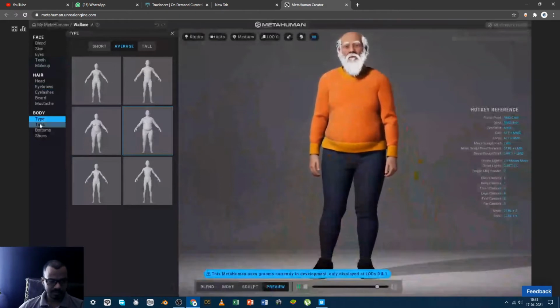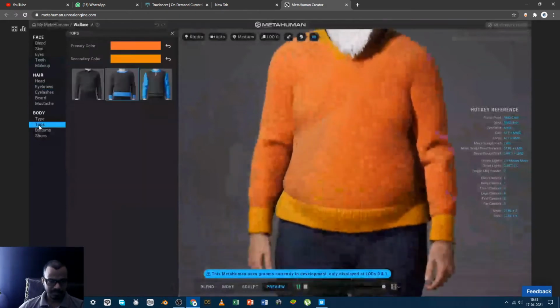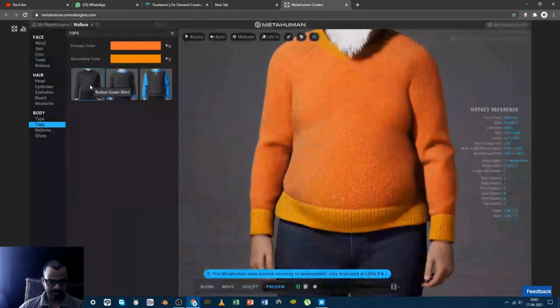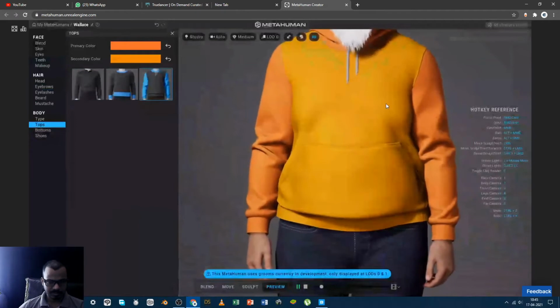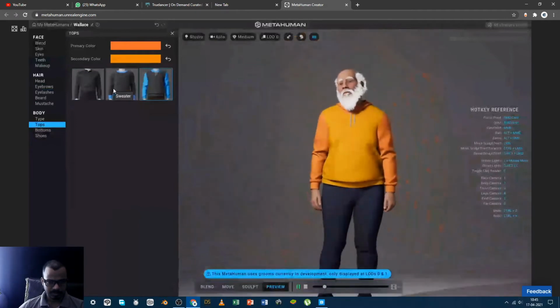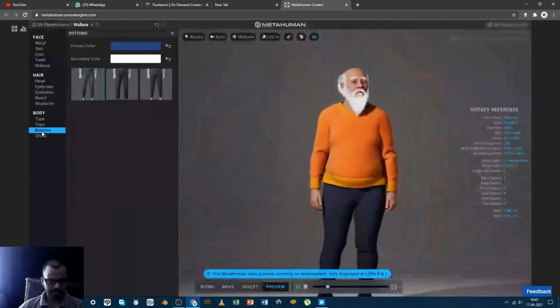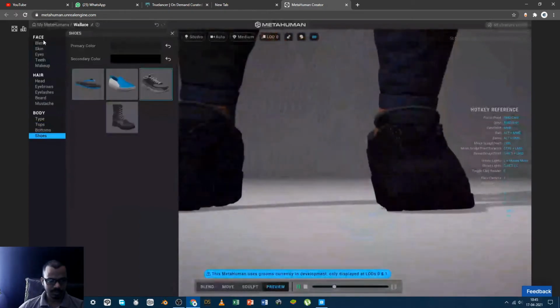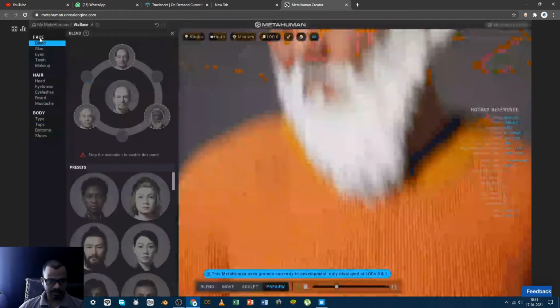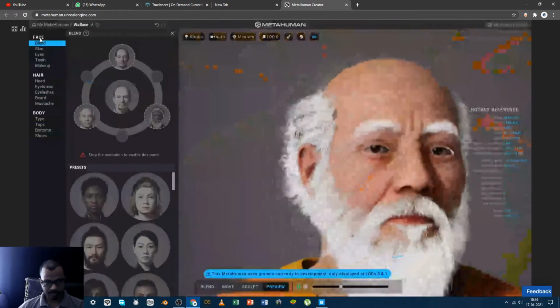And I found some limitations here. I'll come back to that. And here are the costumes. Then bottoms, then shoes. So let me start with the face first.